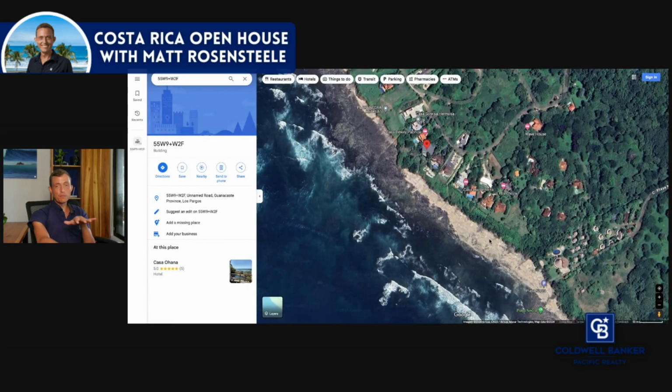Obviously in Costa Rica, all beaches are 100% public, and you always have public access to them. So if you're positioned right along a beach that is popular with a lot of tourists, you're going to have people that are using it, and you're going to feel that your privacy suffers. In the case of Casa Ohana, one of the really, again, spectacular things about this location is that you wouldn't be dealing with that nearly as much thanks to the layout, the type of beach that you've got in front